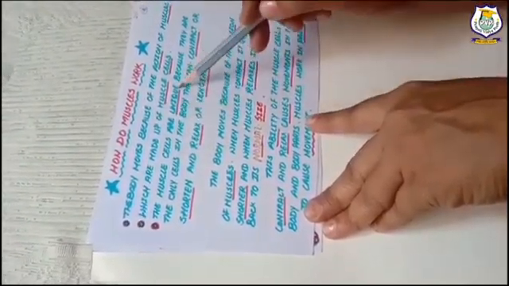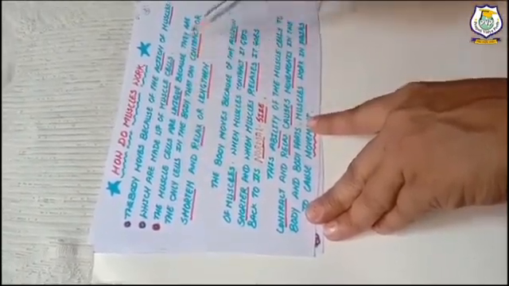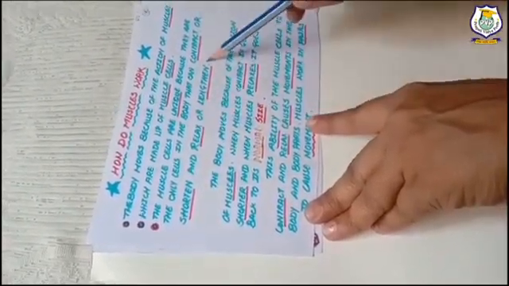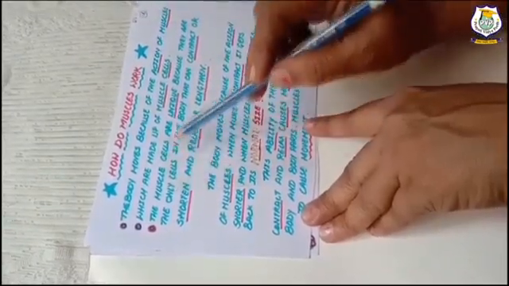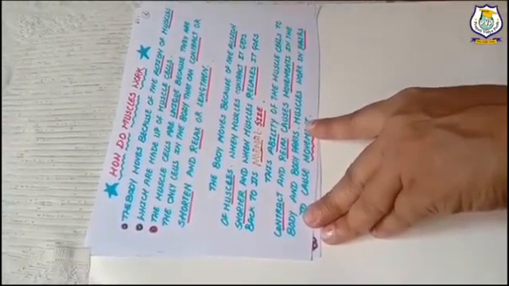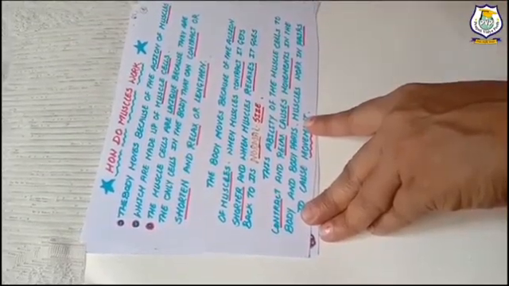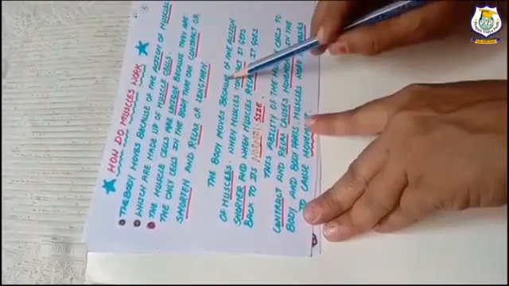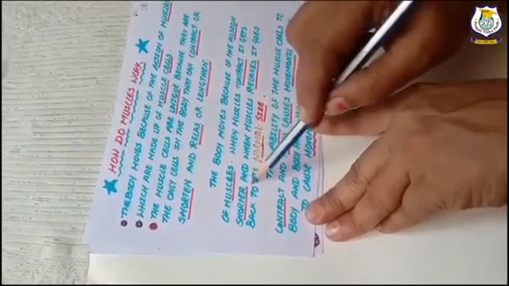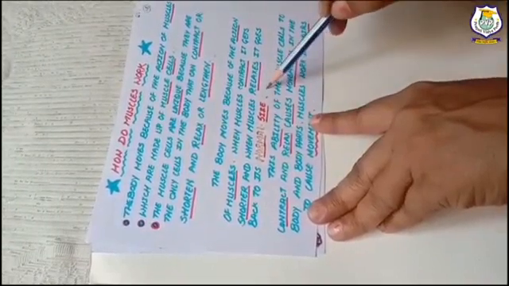The muscle cells are unique because they are the only cells in the body that can contract or shorten and relax or lengthen. It means the muscle cells are unique. Why are they unique? Because they are the only cells in the body that can contract or relax. Contract means shorten and relax means lengthen. The body moves because of the action of muscles. When muscles contract, they get shorter, and when muscles relax, they get back to their normal size.